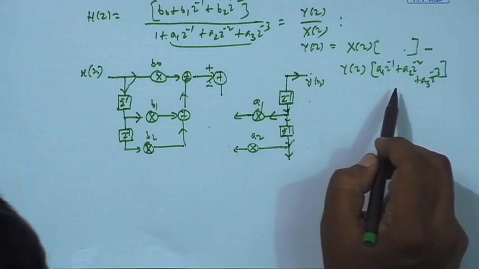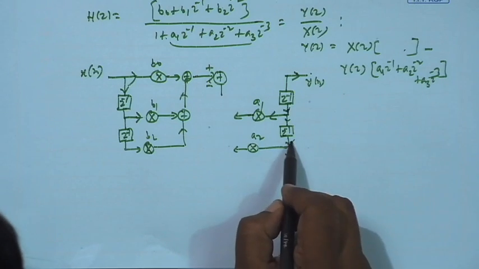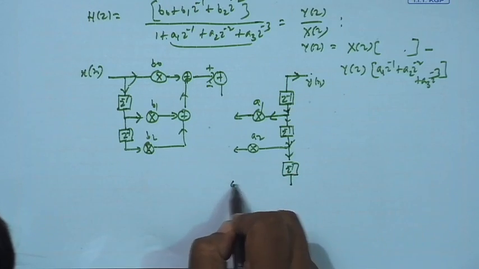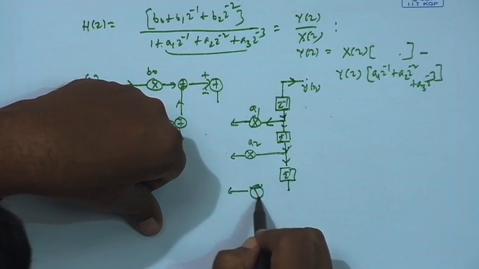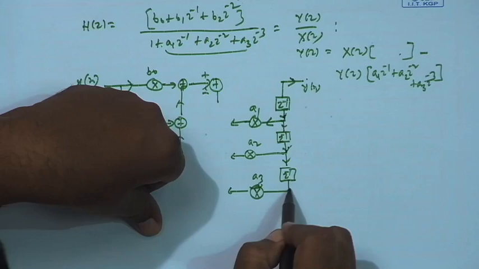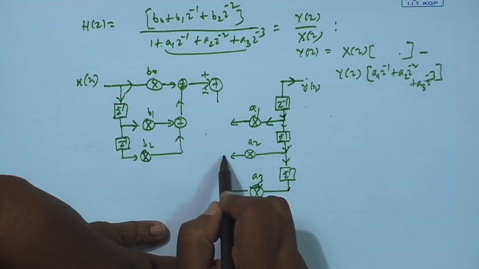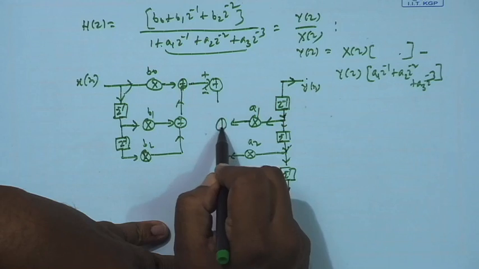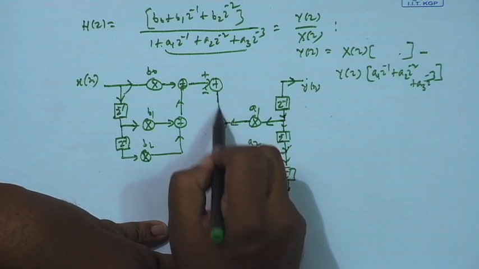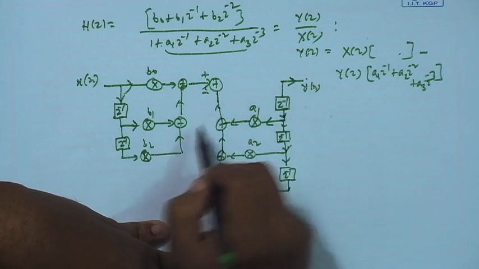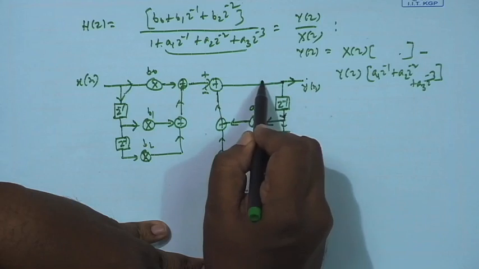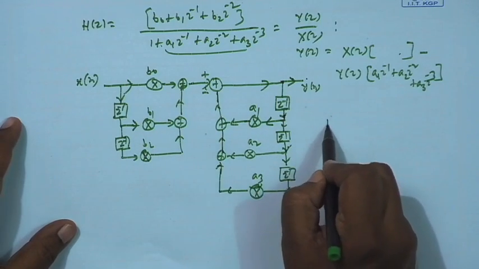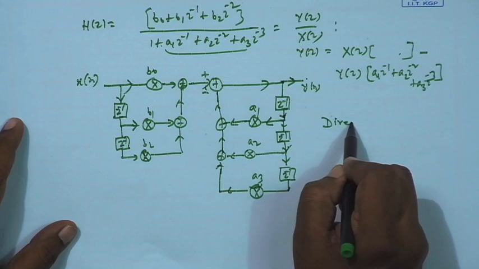And then A3 Z inverse 3 means Y[n-3]. So, already Y[n-2] is here. So, you have one more delay, multiplied by A3, and they have to be added. So, add with this and then subtract. After you do that, you get Y(z). So, this becomes your Y[n]. Okay. This relation is the simplest form of relation, is called direct form